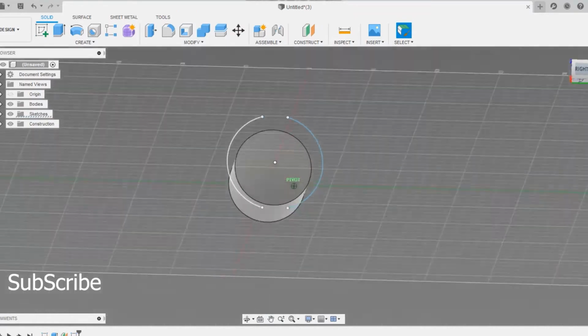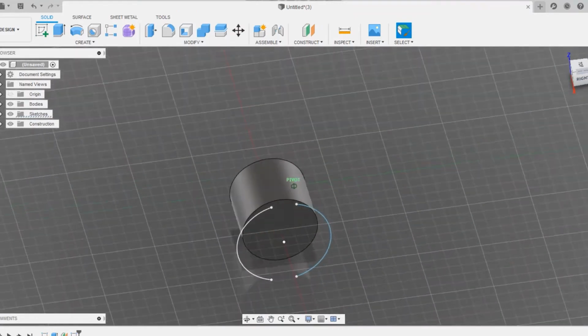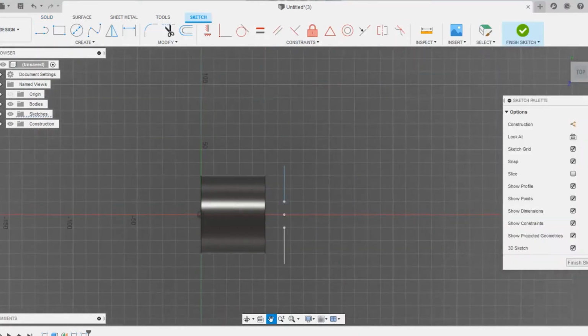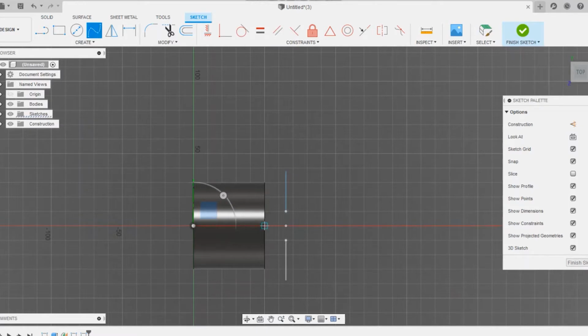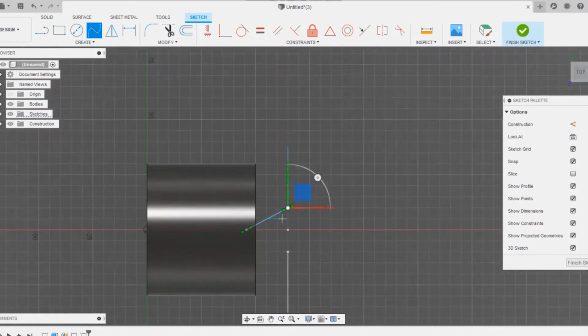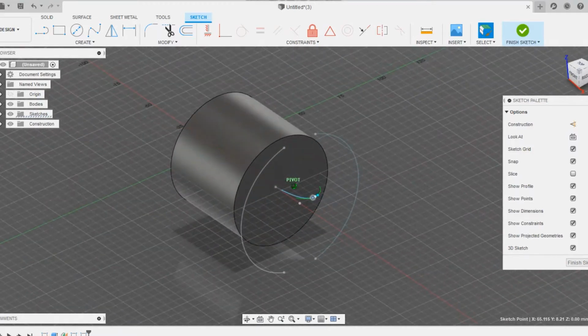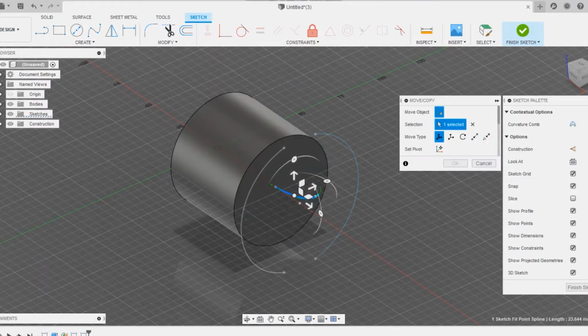Now we are going to change the sketch plane, that means we are going to select some other plane, that is the horizontal plane. Now you could see we are going to use the spline option to draw a connectivity. You can use those points to draw some spline, some arc shape, whichever you like. Before clicking on finish sketch, just click on that last spline and click on move or copy. You can drag it to the position.